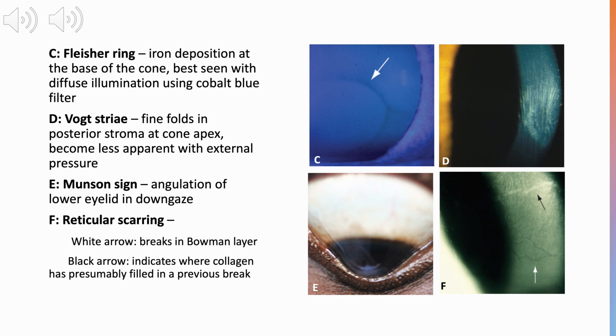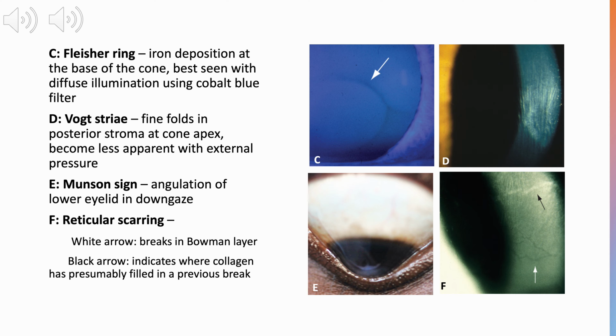Finally, Figure F highlights reticular scarring, a result of breaks in Bowman's layer. The white arrow indicates areas of discontinuity, while the black arrow shows collagen filling in these breaks. This scarring tends to develop after repeated episodes of stress, thinning, or acute hydrops, and contributes significantly to visual decline